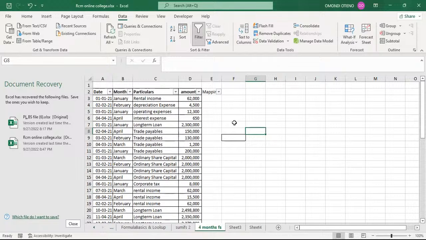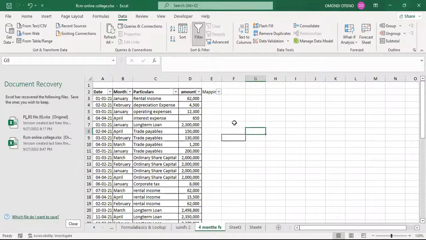So have we done this? Remember, this is a recap of what was done yesterday, the income statement. Have we inserted the filters? Okay. So having the filters in place now,